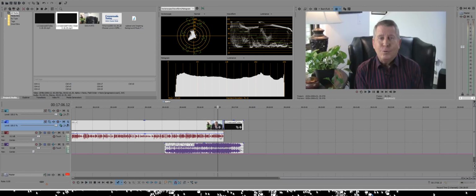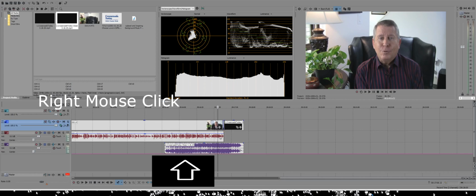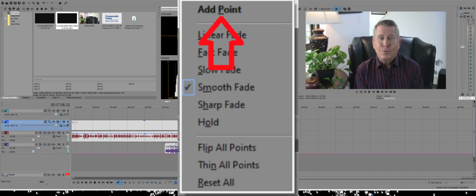Okay, so now we're going to work on the audio. The audio here, you see there's a red line. So I'm going to go, this looks like a good spot, maybe over here. I'm looking at the audio waveforms, and you want to start at a break in the audio waveform. So I'm going to go here, and I want to make a point. I'm going to click on that point and go Add Point, and there's a point inserted. And then I'm going to go here to the end of it,